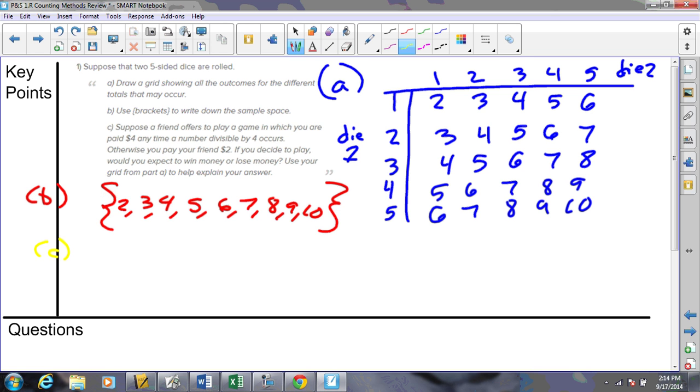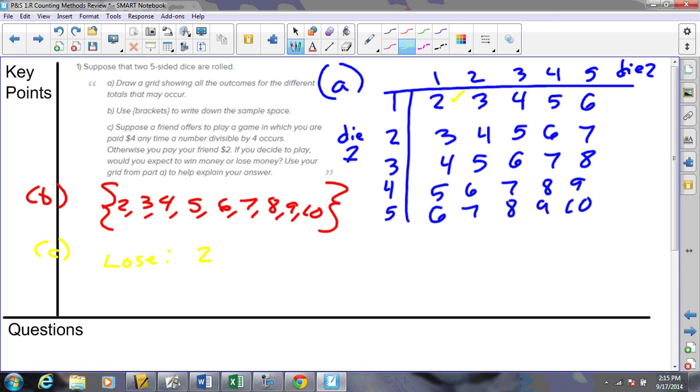Part C. Suppose a friend offers to play a game in which you are paid $4 every single time a number that's divisible by 4 is rolled. Otherwise, you pay your friend $2. If you decide to play, do you think you are going to win money or lose money? Well, we could look at each one of these different possibilities. Looking at the 2, are you going to win or lose? Yeah, 4 does not go into 2, so there we lose